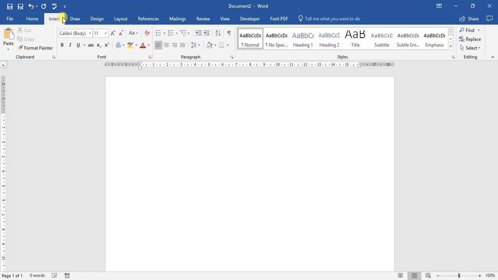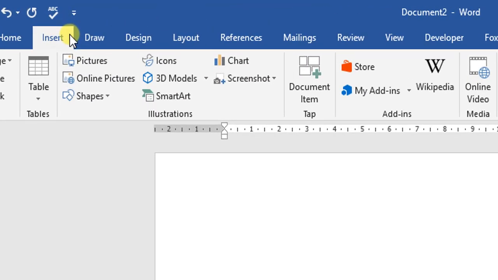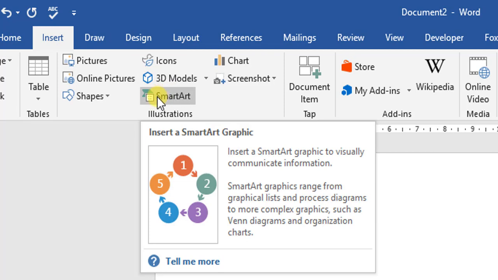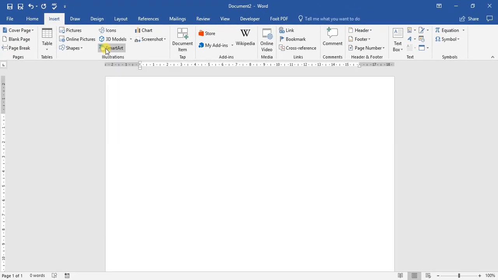So one of the features in Microsoft Word from 2013 and up is SmartArt. If we come up to here to insert SmartArt, a SmartArt graphic visually communicates information, right? The graphics range from graphical lists and process diagrams to more complex graphs such as Venn diagrams and organizational charts. So if we click on the SmartArt option,